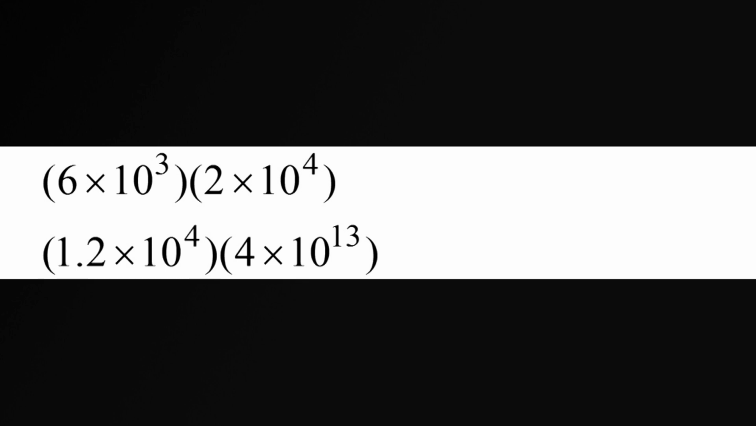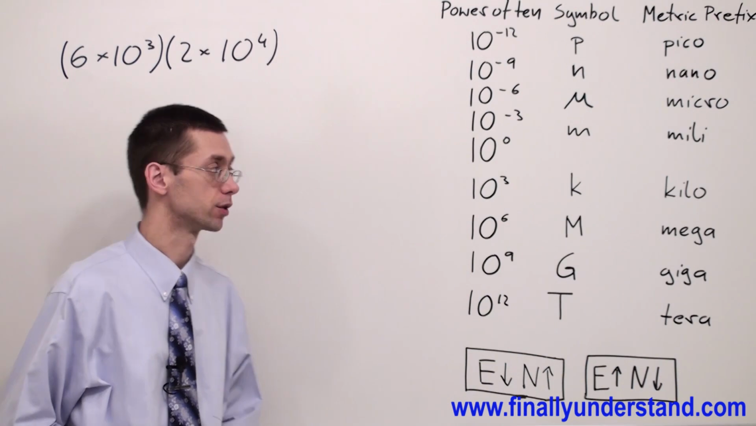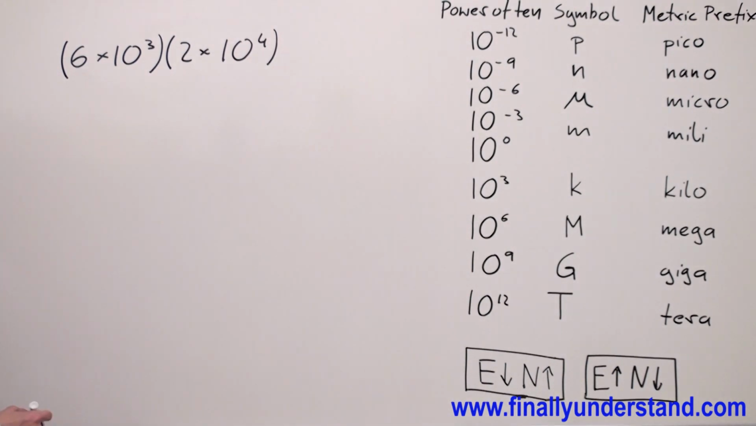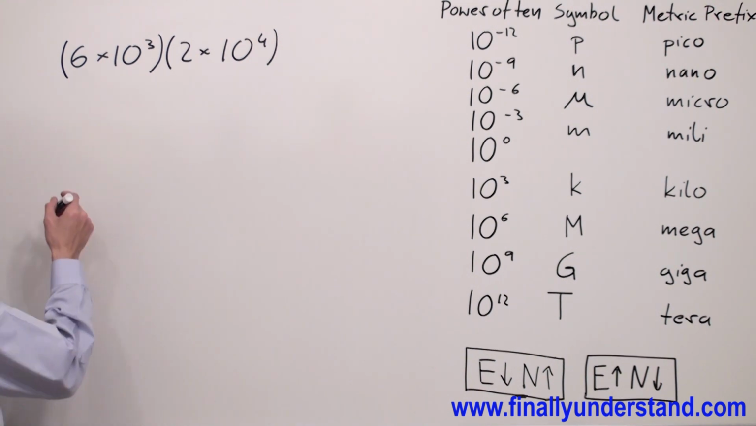Let's take a look at this example. This time we're supposed to multiply two numbers with powers of 10. In this case, we're supposed to simply perform the multiplication and apply the properties of exponents. I can rewrite this problem as